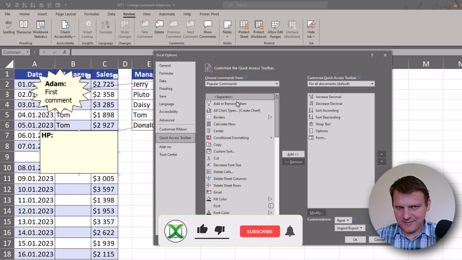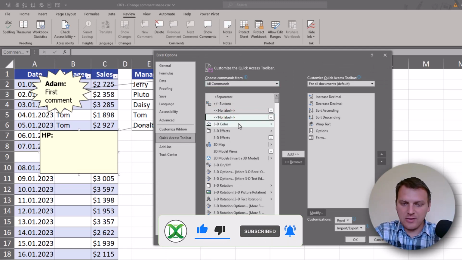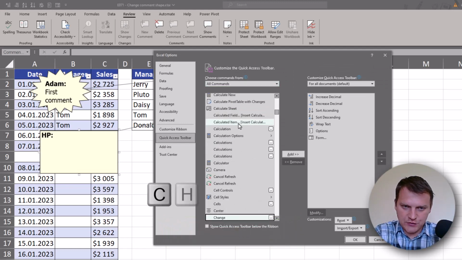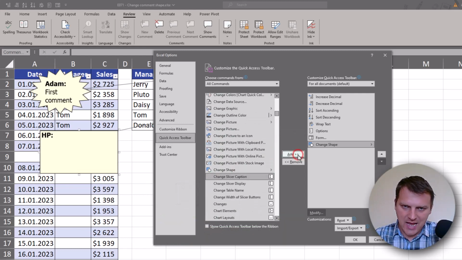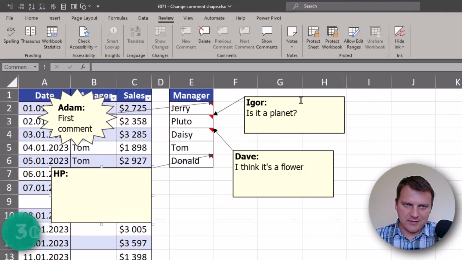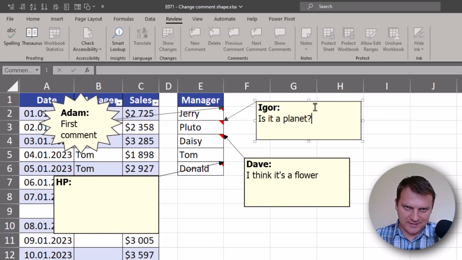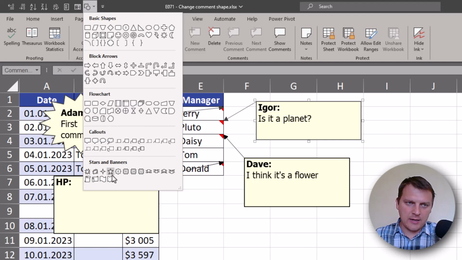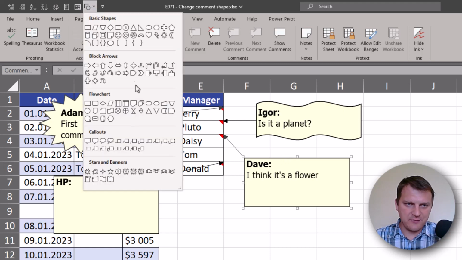And when Excel show us all commands, there are very many commands, so we want to change shape, and we can add this command to our quick access toolbar, press OK, and then we can select our comment, and it's important we select the comment, not modifying text. So click on the border, and then we can choose new comment shape, for example this,